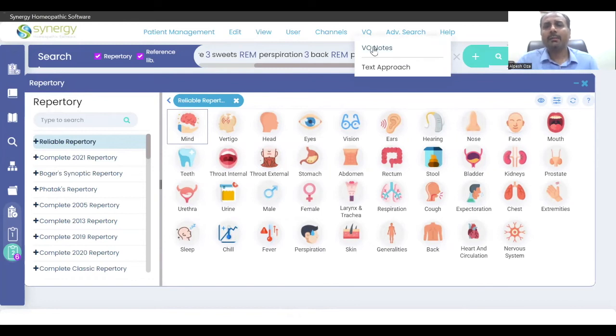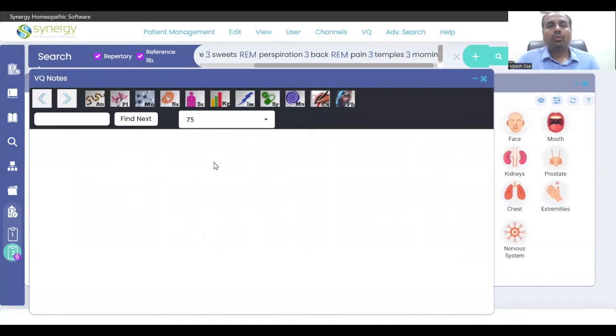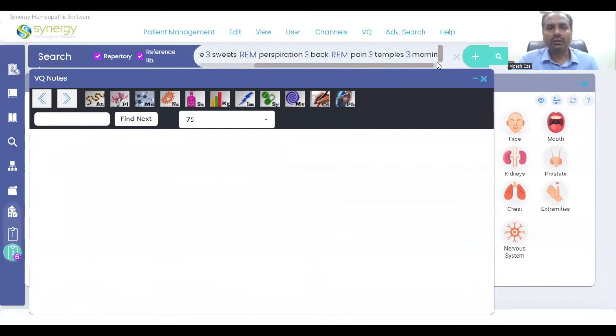Last but not the least, about the Vital Quest notes. For people who want to know about Vital Quest notes, we have something very interesting over here, and it's about how do you